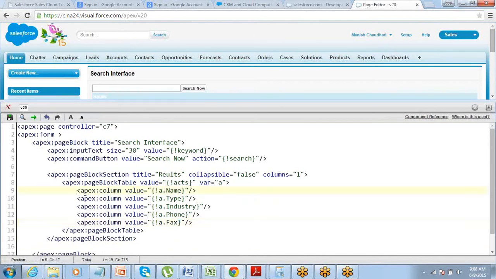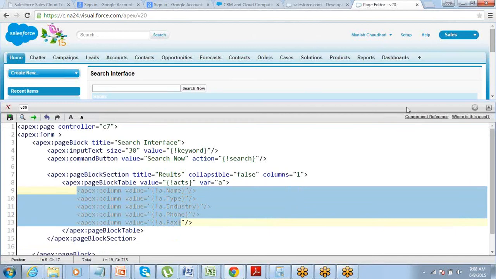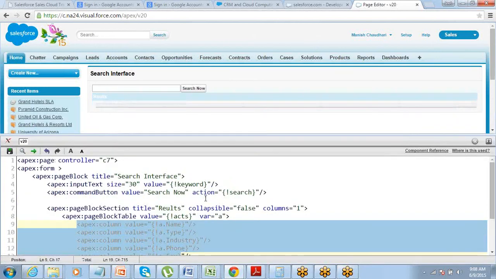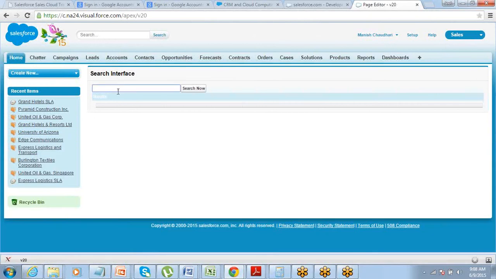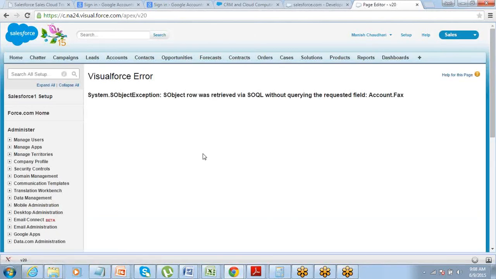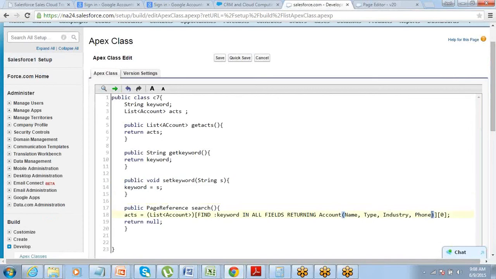The table I've created, but it's not showing any results at this point of time because that will show results only when I click on the search now button. And before clicking on the search now button, I'll need to enter some keyword here. Let me put some keyword United. All right. Click on search. Okay. The field which I am using is not queried here. So it should be queried here.